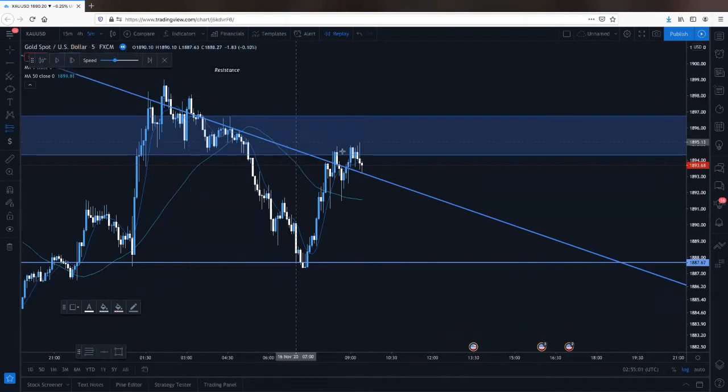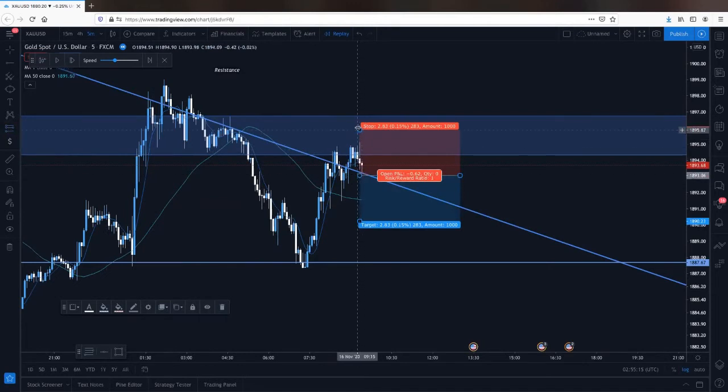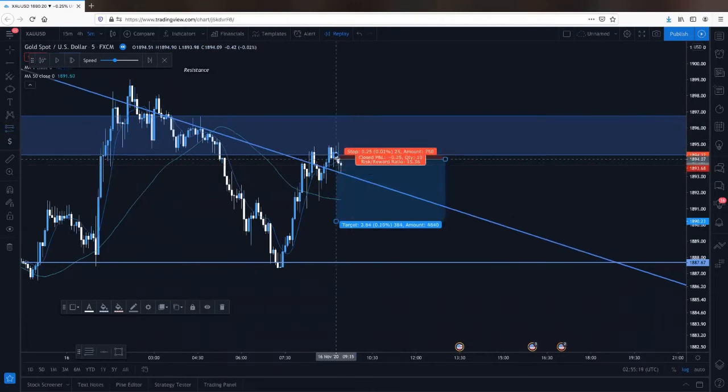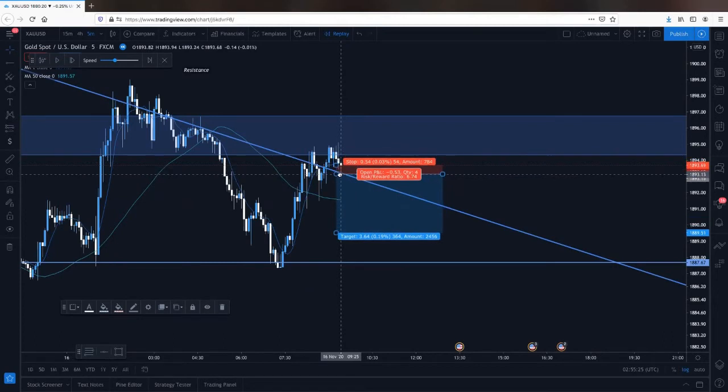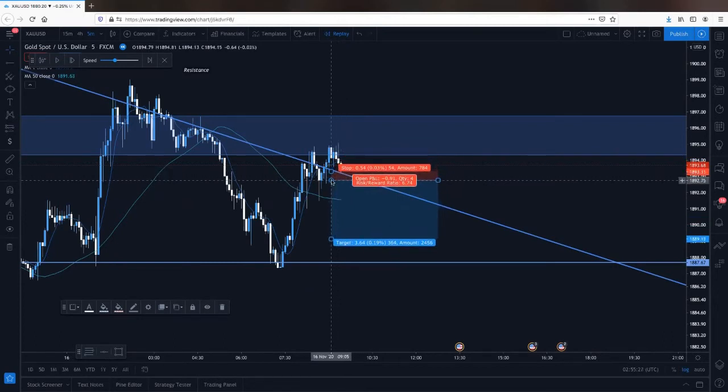You can get entry anywhere, but you want to wait until price leaves your zone. You see, this is a main trend line, and this could be considered support because it broke it. But we're looking for price maybe to start right here. So let's say right here, we get in up here. Sometimes I get in literally on the next candle. But to play it safe, you want to get in maybe at the neckline,